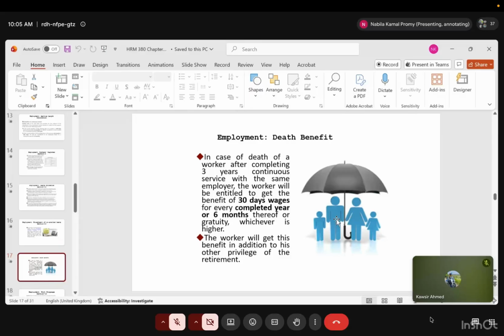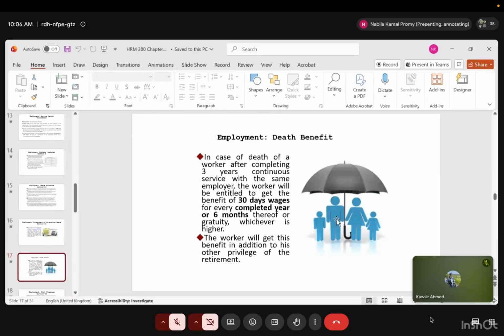That means আপনাকে প্রতি 1 বছর কাজ করার জন্য, আপনি গত 1 বছর কাজ করেছেন, সেটার জন্য আপনাকে 1 মাসের বেতন দেওয়া হবে। So that's the policy for death benefit according to বাংলাদেশ লেবার ল। এই জিনিসটা একদম ভালো করে কিসের জন্য কখন নেওয়া হবে এটা খুব ভালো করে মনে রাখবেন। এটা থেকে কেস রিলেটেড কোয়েশ্চেন আসতে পারে বা আপনার ছোট কিছু কোয়েশ্চেন আসতে পারে।